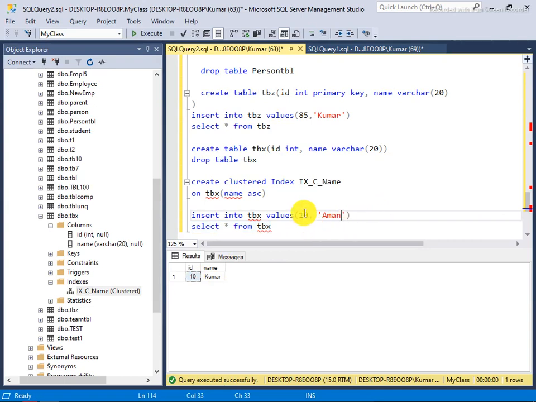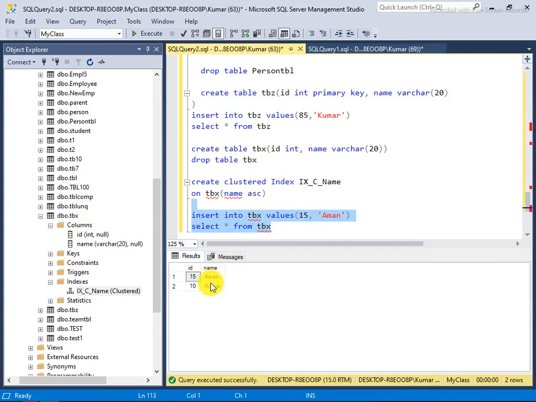So you will notice that I say 15. It will go above Aman Kumar. I run this, and you'll notice that Aman is sorted because I made a clustered index over the name column.